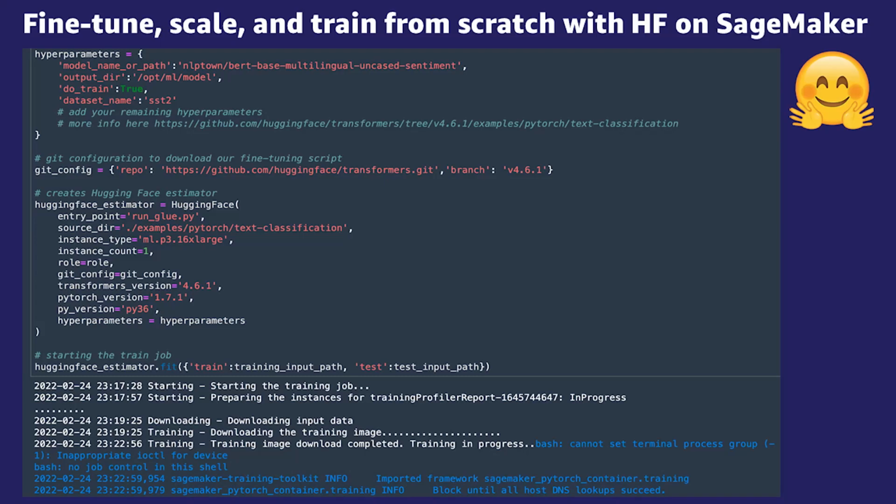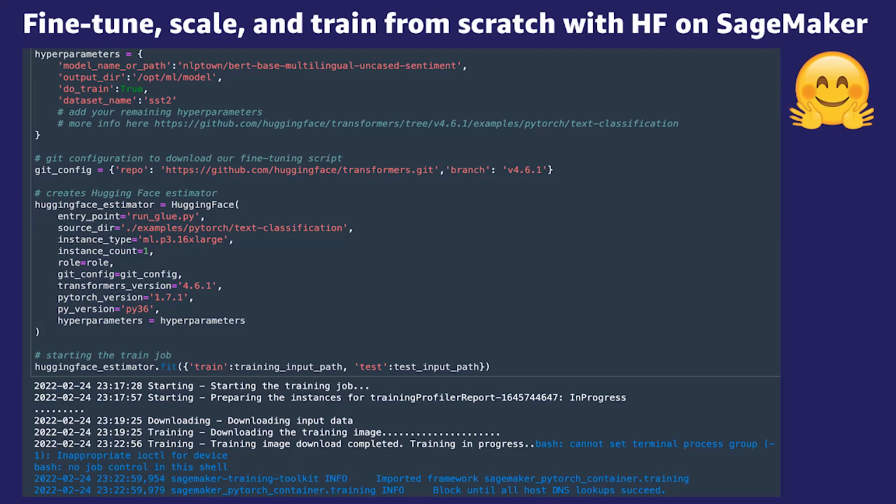Now the hyperparameters are generally pretty consistent. You want to pass in the name of the model that you're interested in. You need to pass in the directory for that model. Now remember, in SageMaker training, we pass a lot through that opt/ml. That's actually an indicator for the path within the training container itself. You'll see this do_train parameter. Pro tip, this is how you tell your model to train or not. If you don't have it here, odds are it's not going to be training. And then the dataset name.